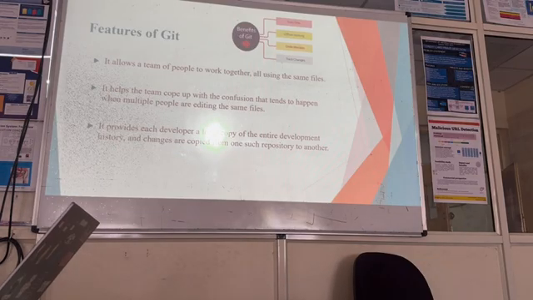So these are the features of Git. It allows multiple people to work on a single project. It helps the team cope with confusion, and it provides each developer a local copy of the entire development history. One more important feature of Git is that it gives snapshots of changes, like whatever